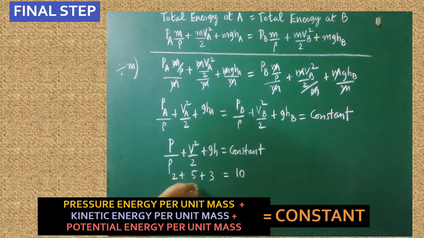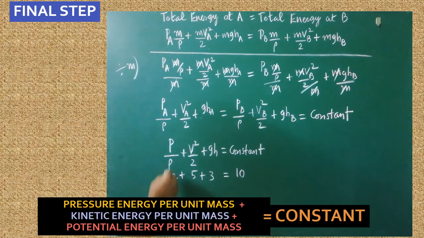So here which one dominates? Velocity factor is dominating. That is called velocity head. Are you clear? So this is called gravity head, this is called pressure head. Pressure head is low, velocity head is more, and this is called gravity head, that is 3. Sometimes what will happen? Though the numbers change, the final total value will be